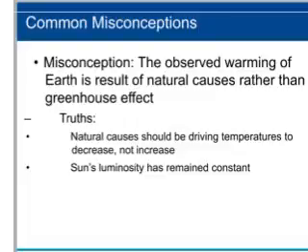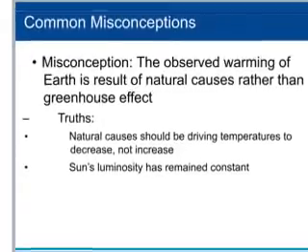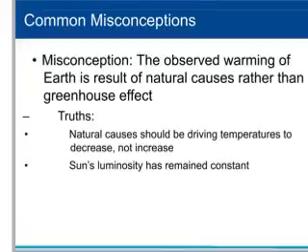Remember when we talked about the Milankovitch cycles, when the orientation wobbles. The Earth's axis of rotation might shift back and forth, and it pulls it farther away from the sun when it shifts. Those are the natural occurrences